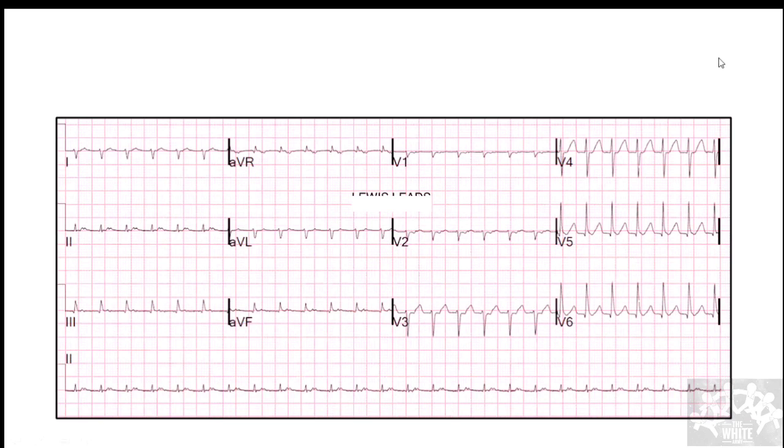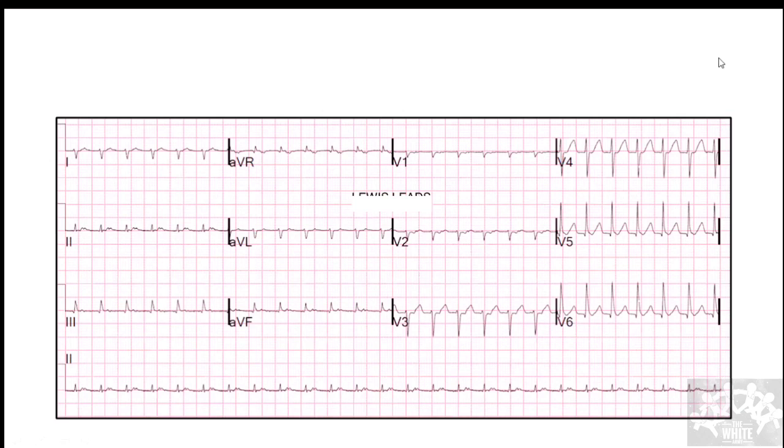After that, we saw how to identify some lead modifications or lead errors. If I swap the left arm and right arm, I get a false dextrocardia. If I do a similar swapping with the lower limb leads, I can get a pseudo asystole pattern or just a flat line in one of the leads. That is one way to identify. Then we also saw the reverse mnemonic, how to identify where the lead reversal is.